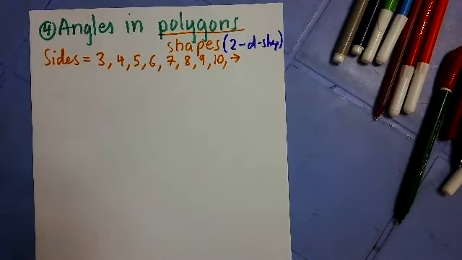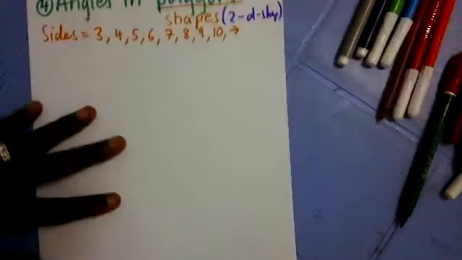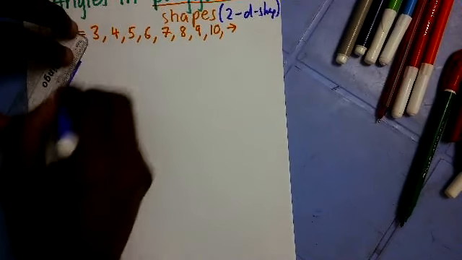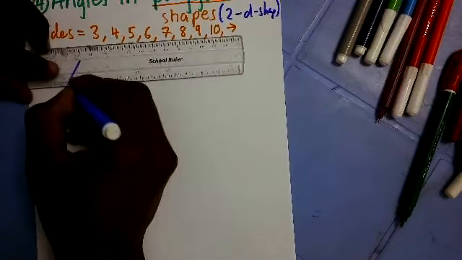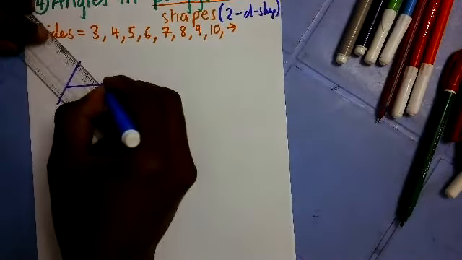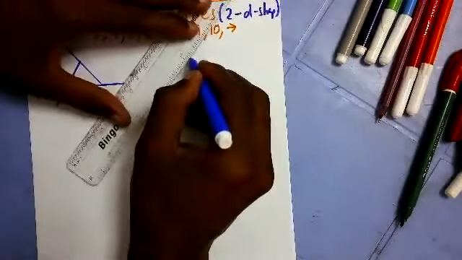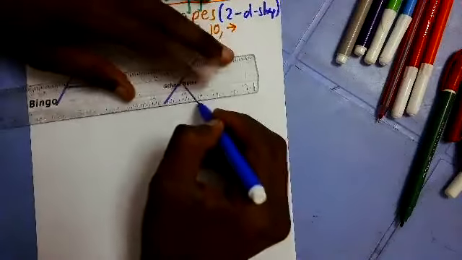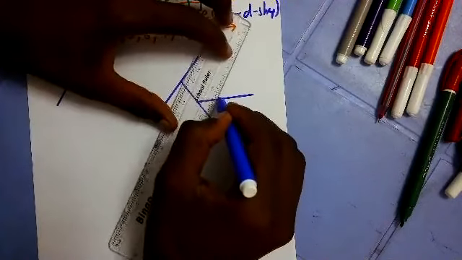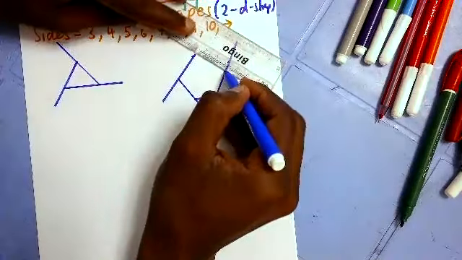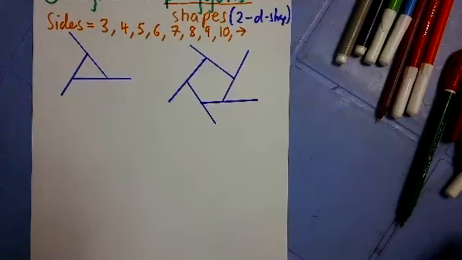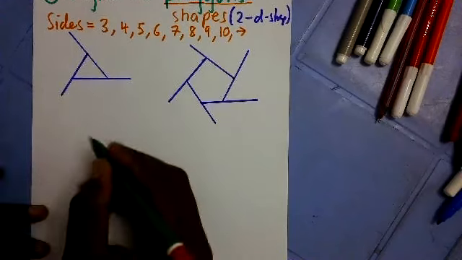Now, for my examples, I'm going to base on 2 samples. I will look at a triangle. So you can see I'm drawing a triangle here. And I will look at a pentagon. So you can see I'm drawing a pentagon there. The pentagon and the triangle which I'm drawing, you can see I am drawing longer lines. Those longer lines are very important to us today because they are showing us